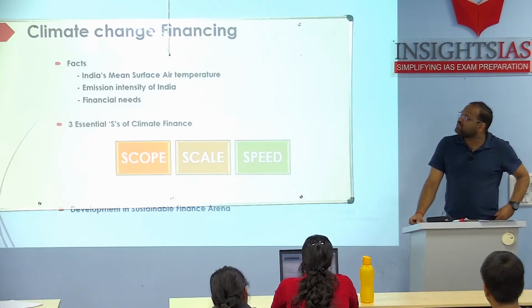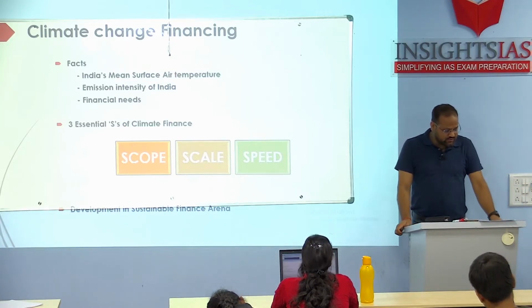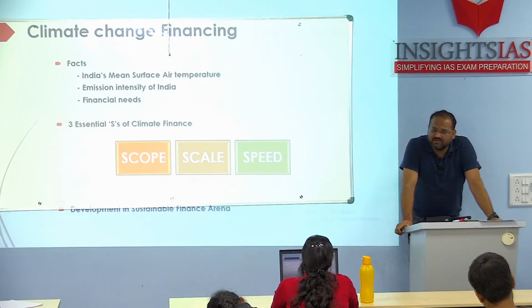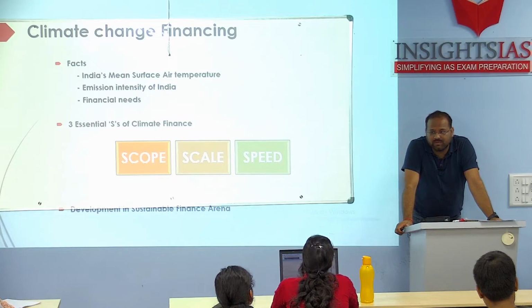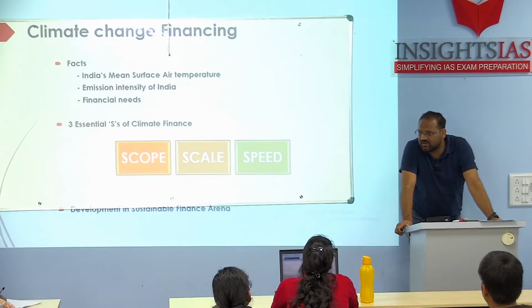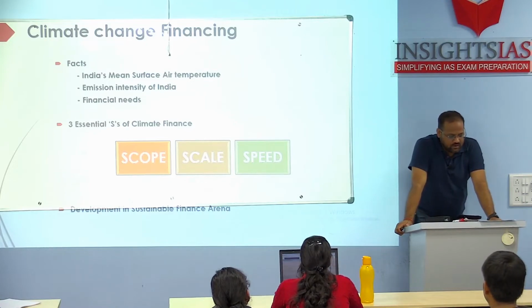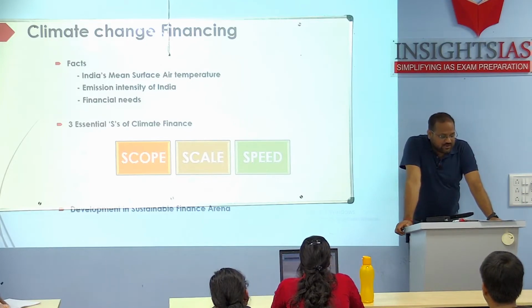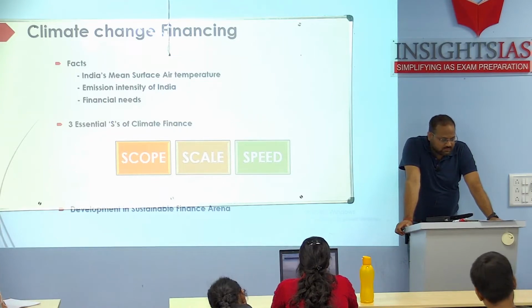They are saying this emission intensity of India has reduced. Second data, emission intensity of India, India's GDP basically. Do we have any data from the previous chapters? We have one data that due to this energy efficiency, greenhouse gases have reduced, right? So this emission intensity of India's GDP came down by 21% between